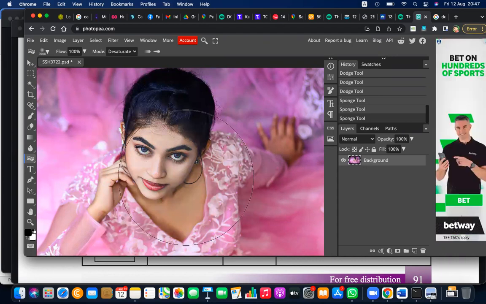But you can see how desaturation works. This is saturation. So when you decrease the flow,